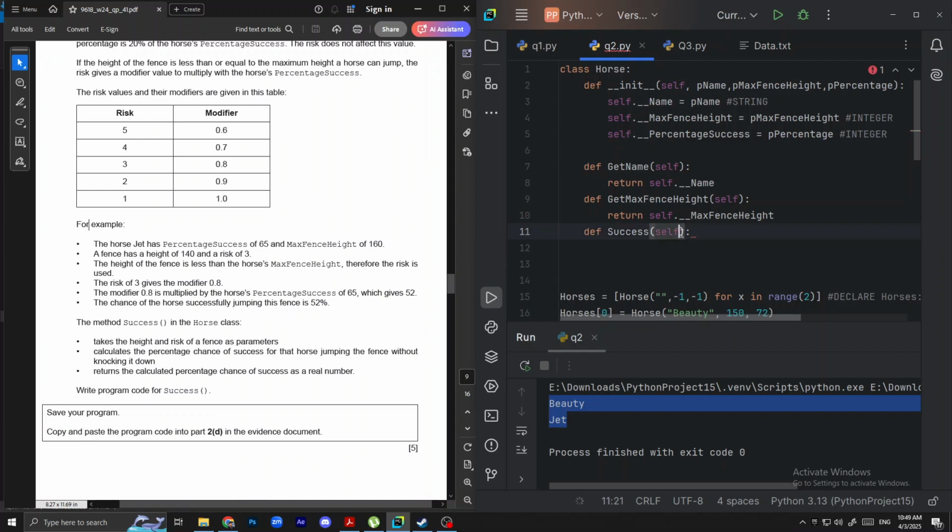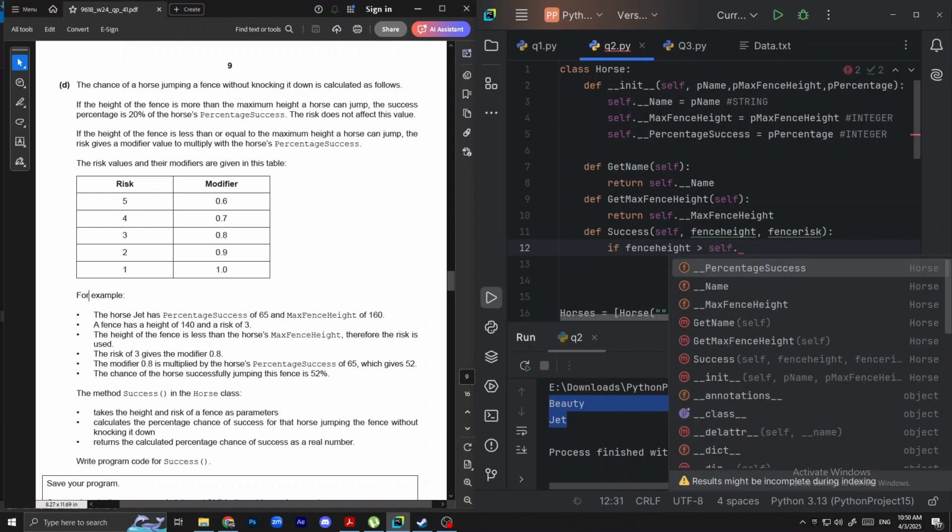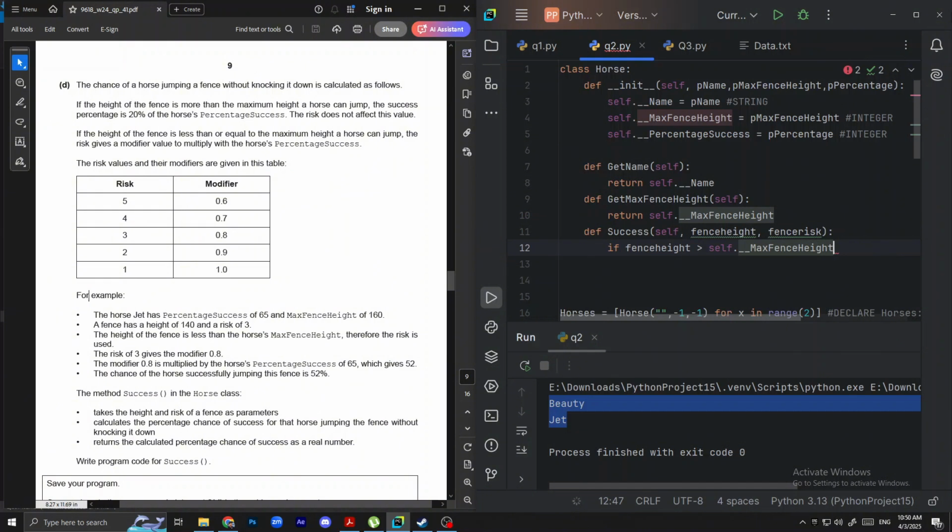So we're going to be taking the height and risk of fence as parameters. So I'm just going to be naming this fence height and fence risk, because this is just going to get even more confusing. And we're going to be calculating the percentage chance of success for that horse jumping the fence without knocking it down. So we're going to be moving to the starting part of this question, and if the height of the fence is more than the maximum height a horse can jump, meaning that if fence height is greater than self dot max fence height, then what we're going to be doing is